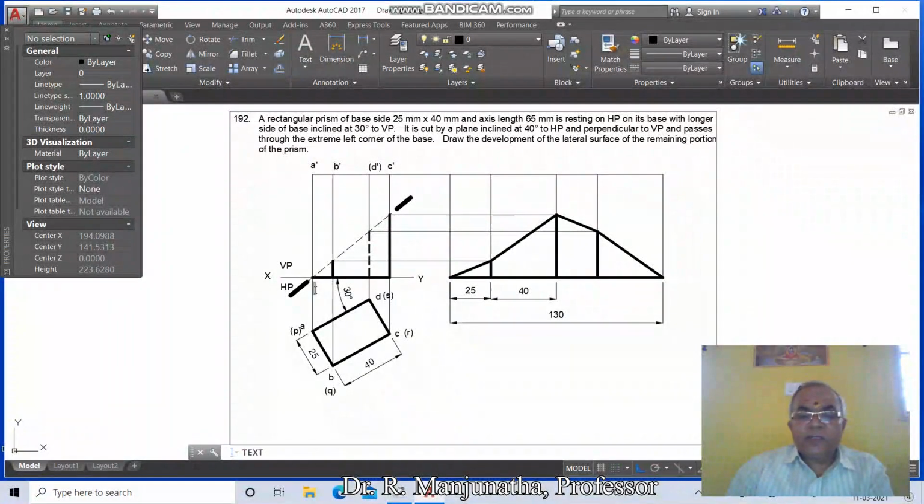Similarly you mark this as P dash, you mark this as Q dash, you mark this as R dash, you mark this as S dash in bracket. Then you mark this as 1 dash, you mark this as 2 dash, you mark this as 3 dash, you mark this as 4 dash in bracket.